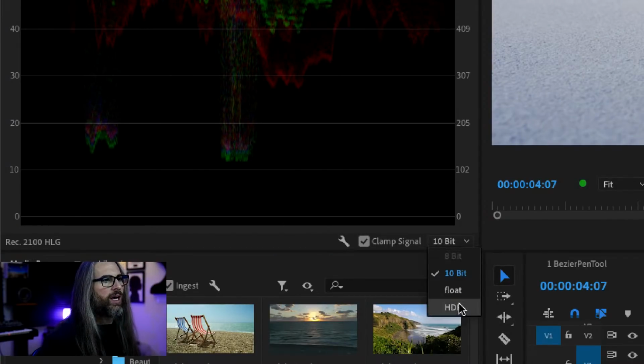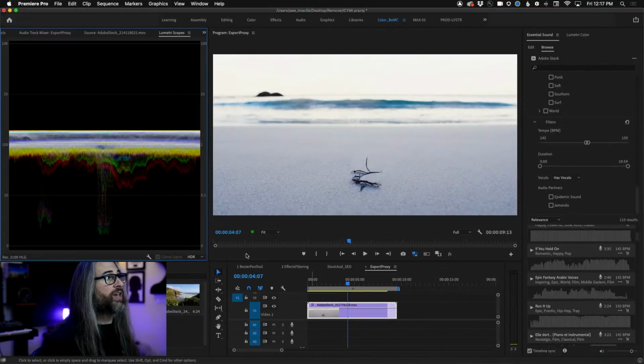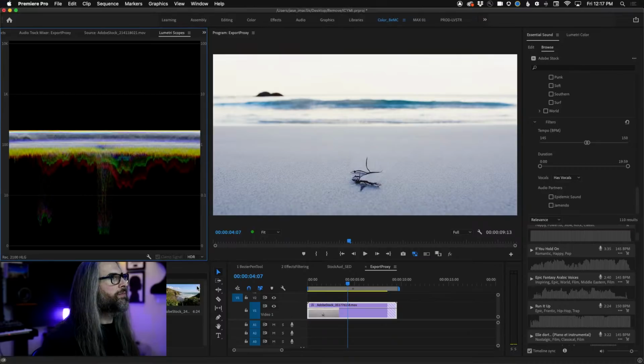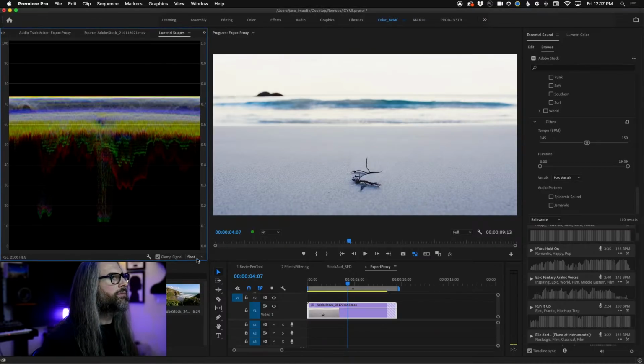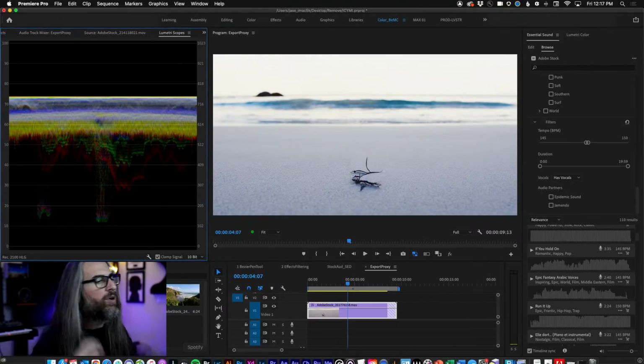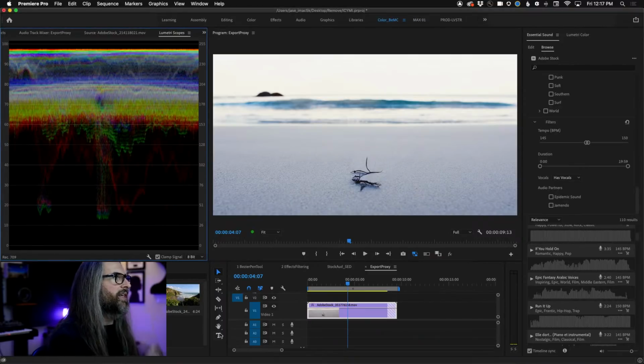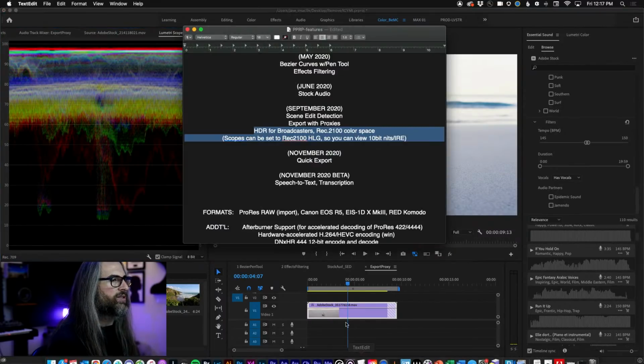All right. And you've even got more options. We could switch this over to HDR, right? And see how that's being displayed. Okay, 10,000 nits over there. Super cool. So again, probably not something that most of you are going to need or encounter or even care about, but worth pointing out. Another one of those slightly hidden little things that not everybody runs into or remembers.